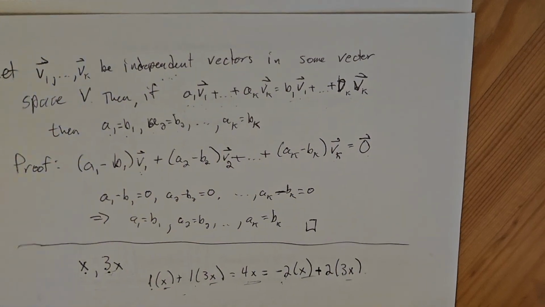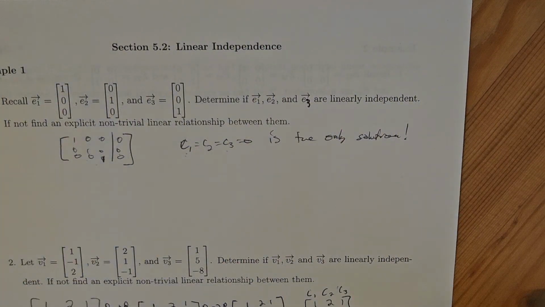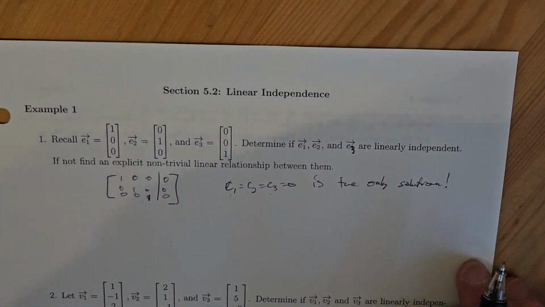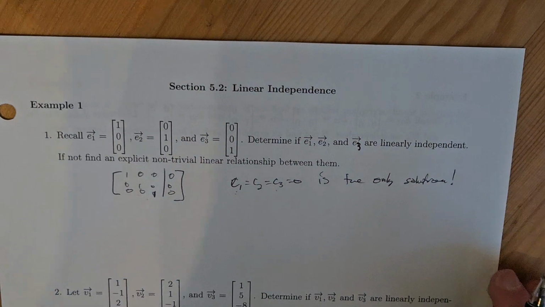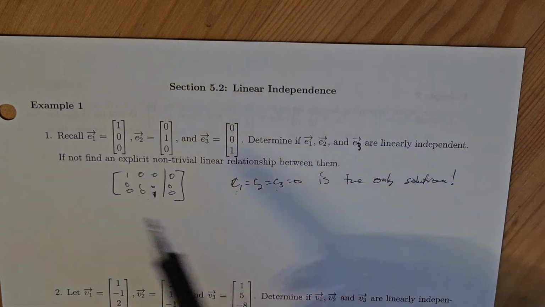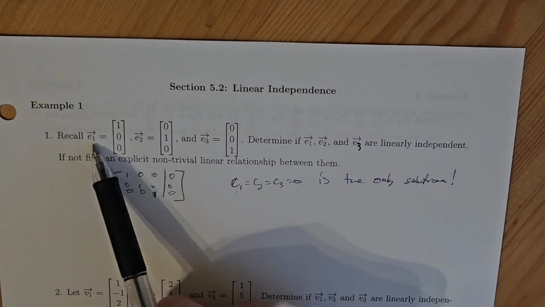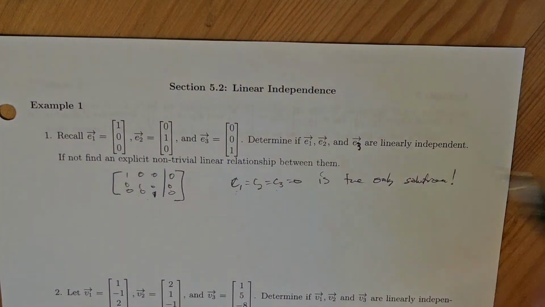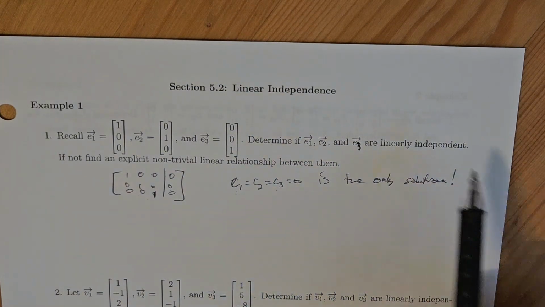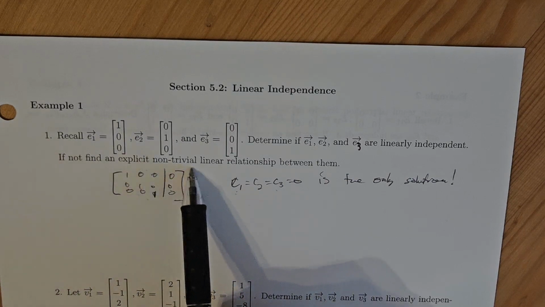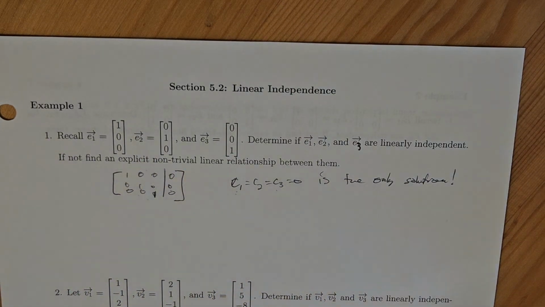Okay. From there, I want to go over several examples related to linear independence. And as you've seen, I've already written out some of this here. We'll write out some new ones together here in a bit. But let's get started and look at this first question. Let's recall in R3 that the vector E1 is 1, 0, 0, E2 is 0, 1, 0, E3 is 0, 0, 1. We're going to determine if these three vectors are linearly independent, or if not, which means they are linearly dependent,